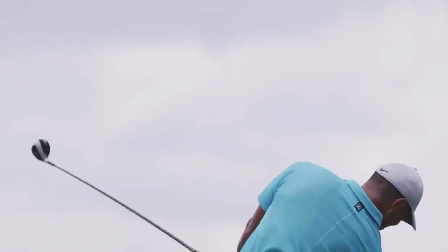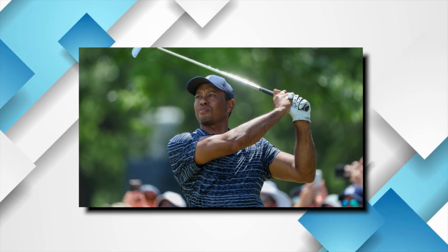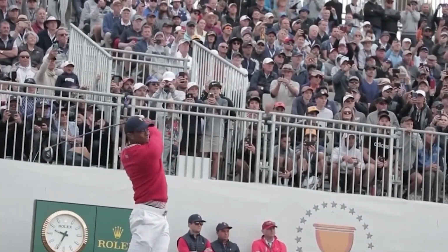But how does he swing the golf club? Woods' swing is a combination of finesse and power. It's a fluid motion that makes it look easy for him to hit the ball 300 yards or more. Take your grip with both hands on top of the club, with your left hand